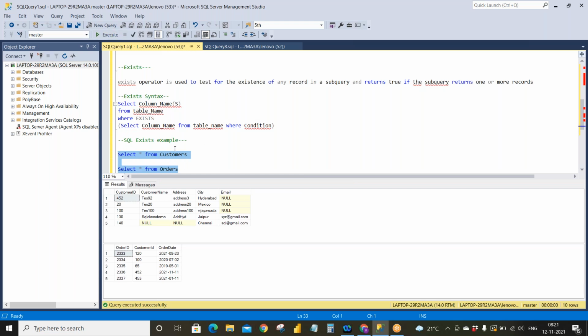So we have select star from customers and select star from orders, and we have two tables over here.